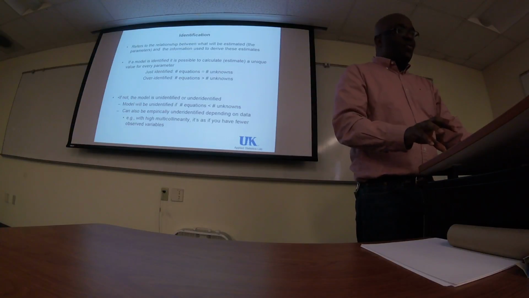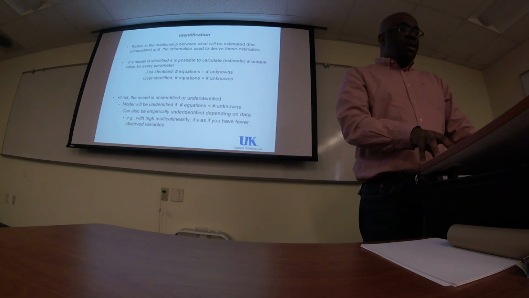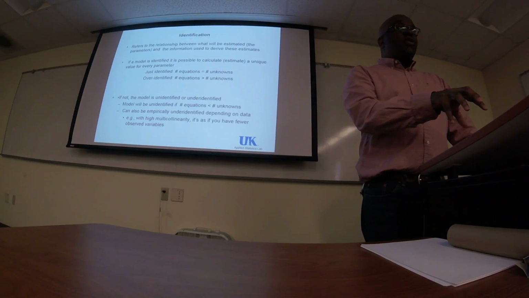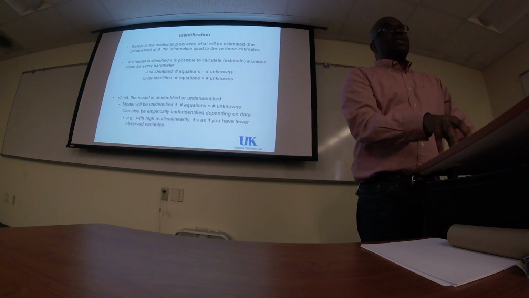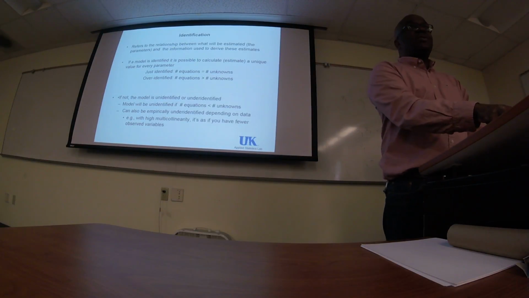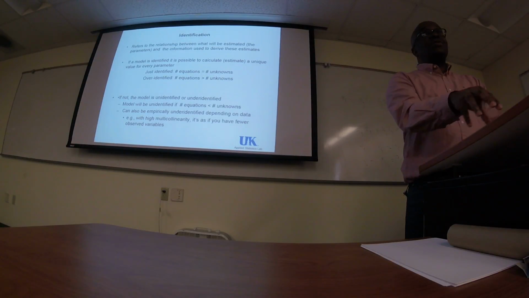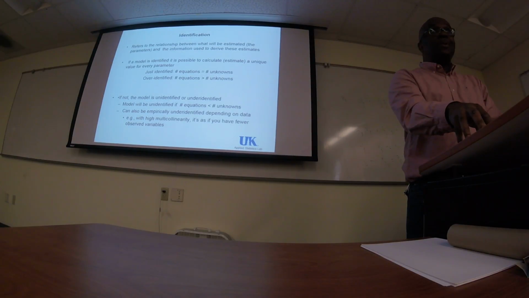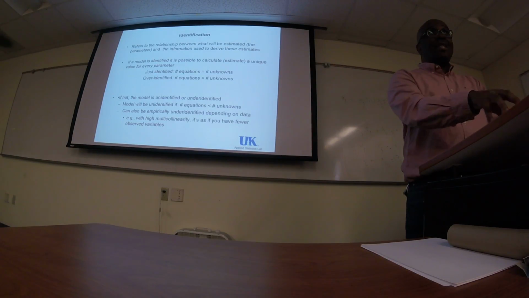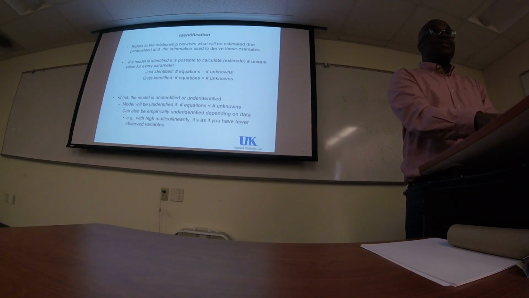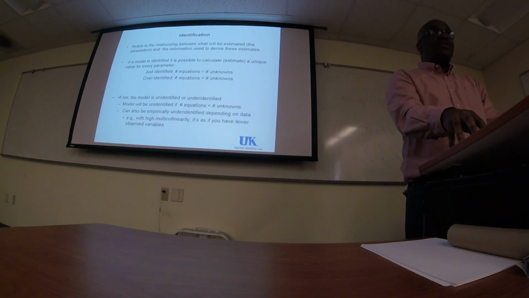Remember, when we do regression analysis, we say a variable is significant or not depending on the number of observations that I have, the degrees of freedom, n minus the number of coefficients that I'm including in the model. I need to have enough degrees of freedom so that I can estimate my model. The degree